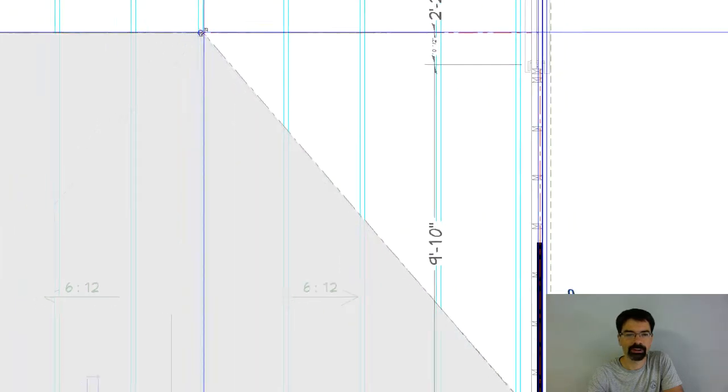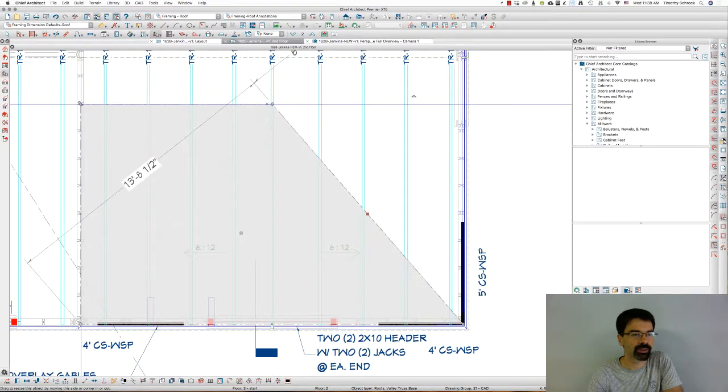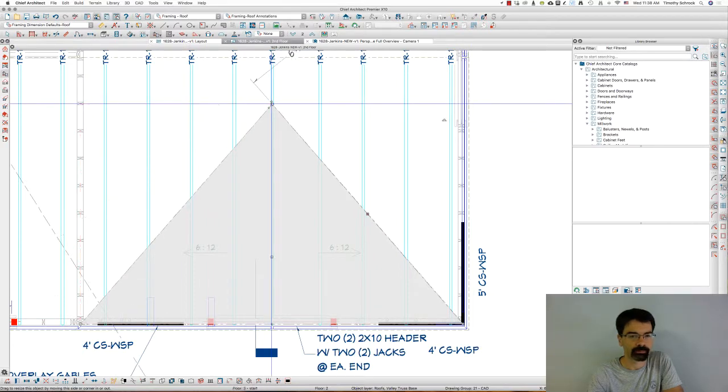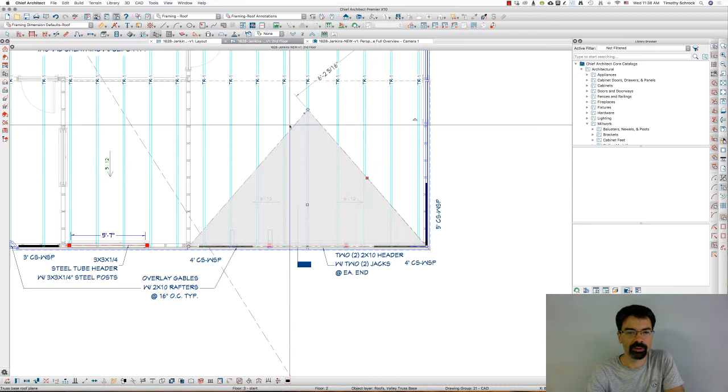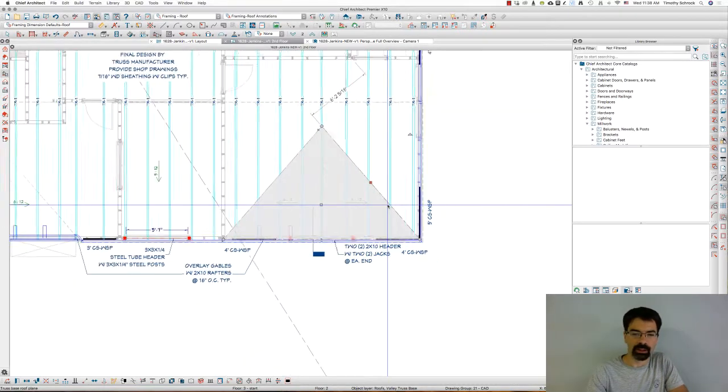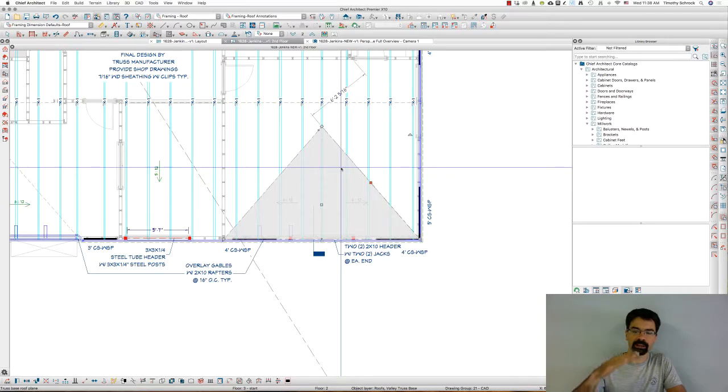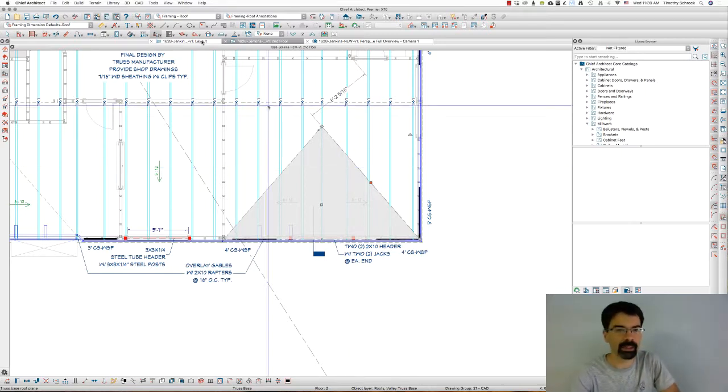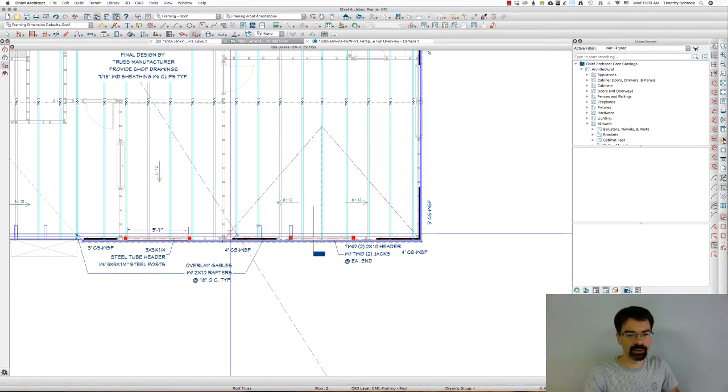And then I'm going to just drag the shape of this truss base to the shape under the overlay gable. What this is doing is creating a roof plane, if you will, for the main trusses, and then a ceiling plane for the cross gable, so that these trusses will sit on top of the ceiling like this. And now that I've got that drawn, I can go ahead and draw, supposedly,